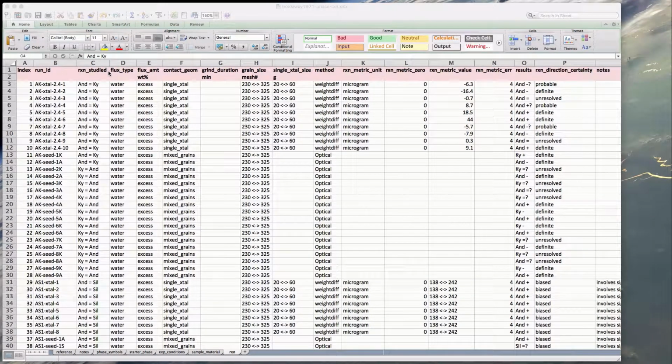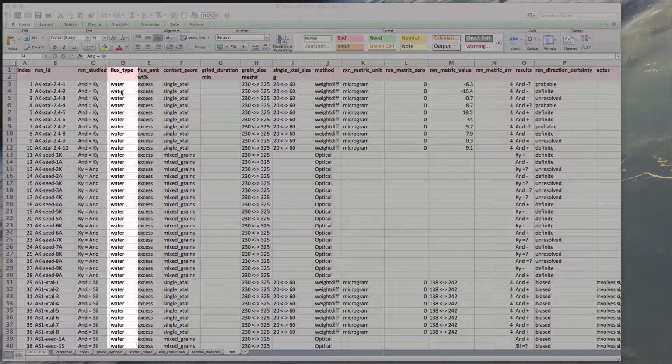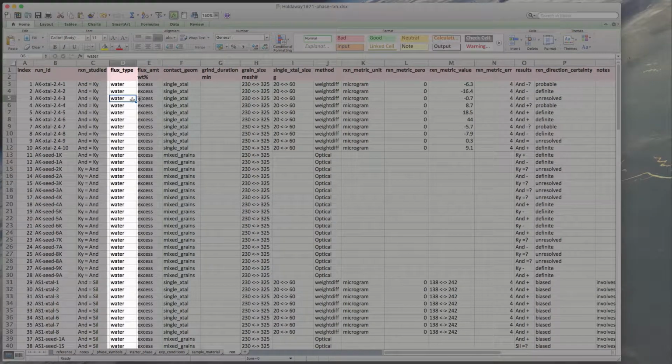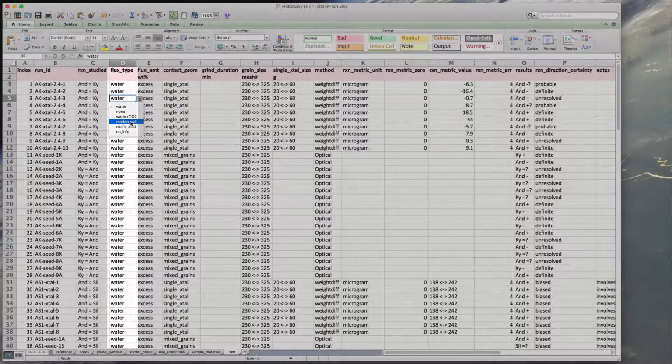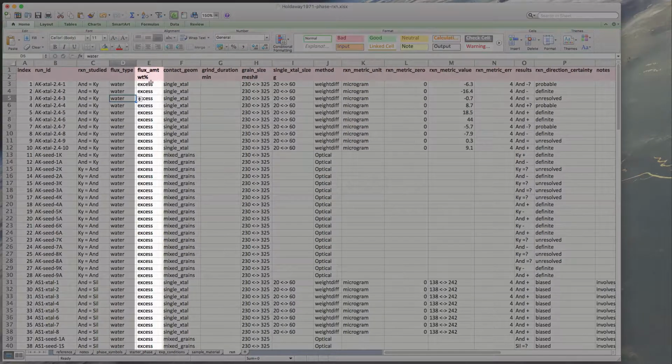After the reaction studied column, we have a number of columns having to do with the presence of flux, which can greatly affect the kinetics of the reaction. The first column is flux type. Here you can see that you can select water, which is a very common one, or other common flux types, including oxalic acid or molten salt, as well as an amount of flux, which can either be a qualitative value like trace or excess, or a numerical value, in which case you can simply enter the value and choose your